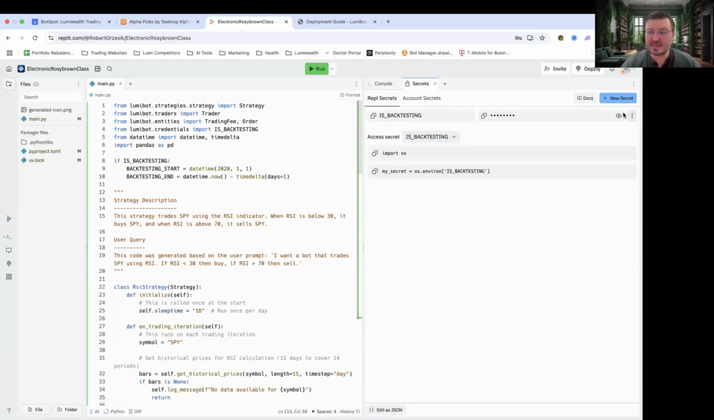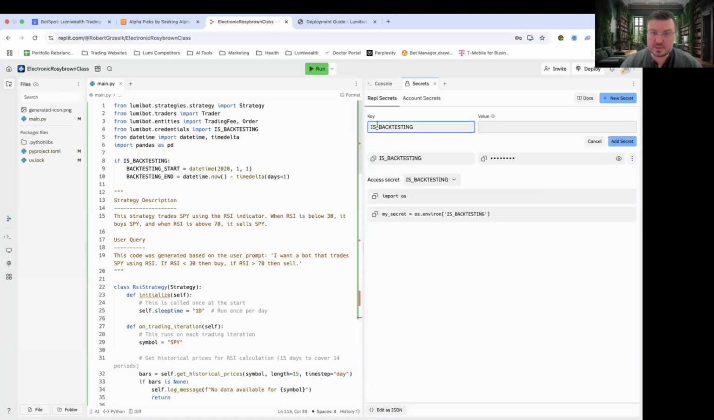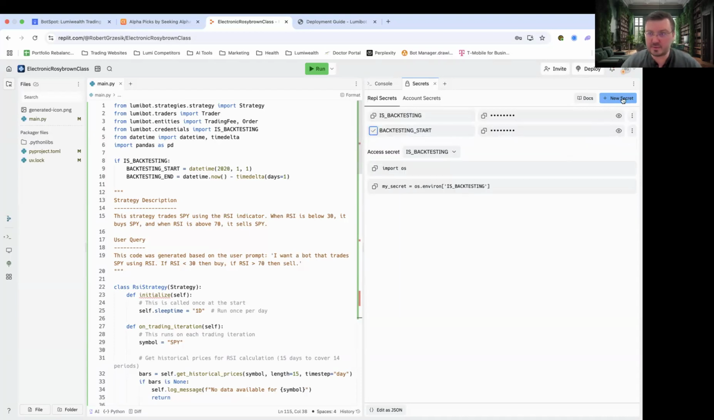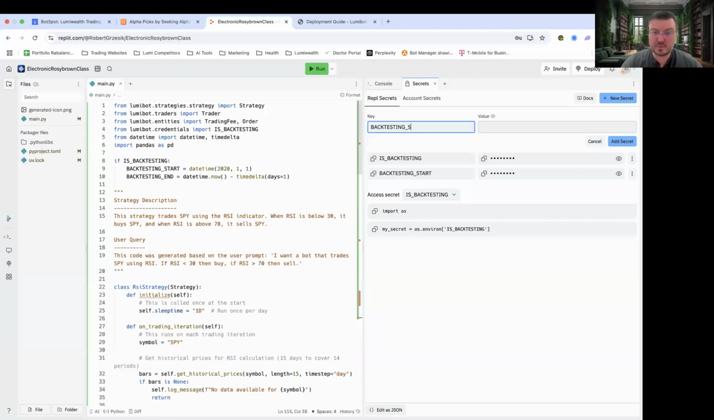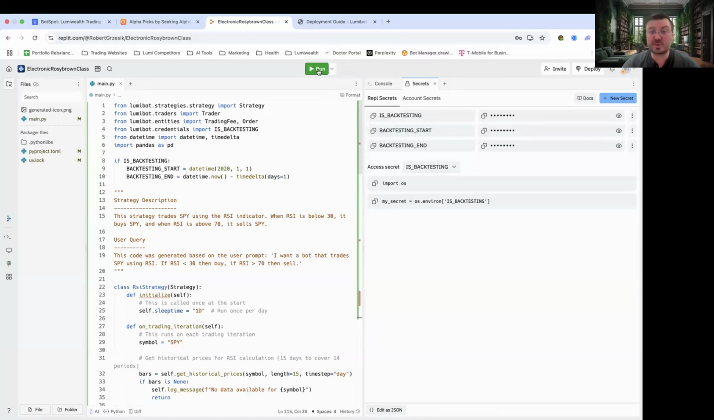And then we're going to set backtesting start to be, let's say, 2024-01-01, and then backtesting end we want to set to, let's say, 2025-01-01. So we're backtesting for a year now. Okay, so when we run this,